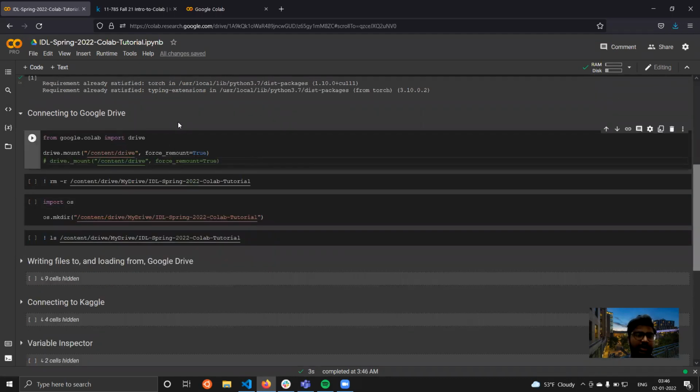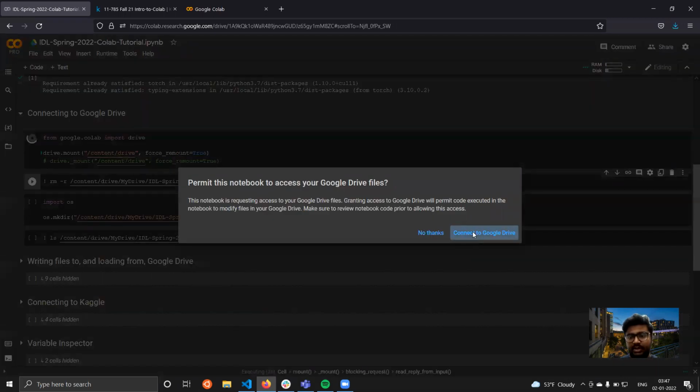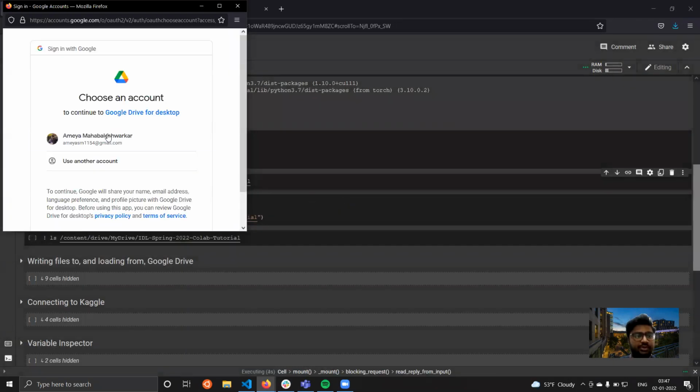You can also connect Colab to your Google Drive, and you can access your Google Drive within the notebook. Currently there are two ways of doing this. The first one is using this drive mount command. It will ask you to give permission from your Google account.